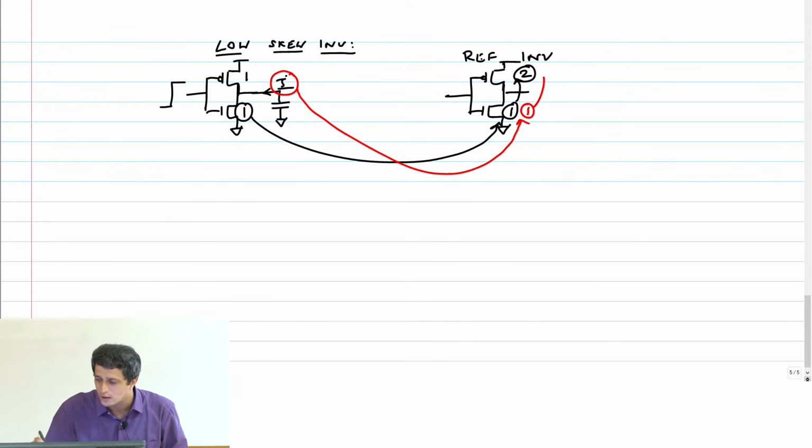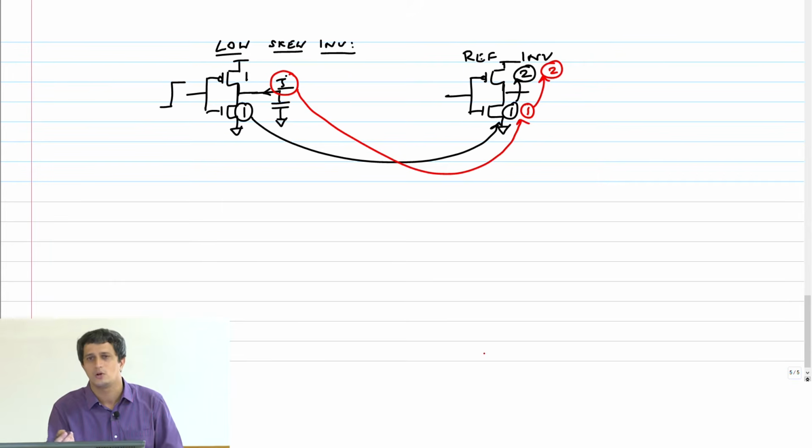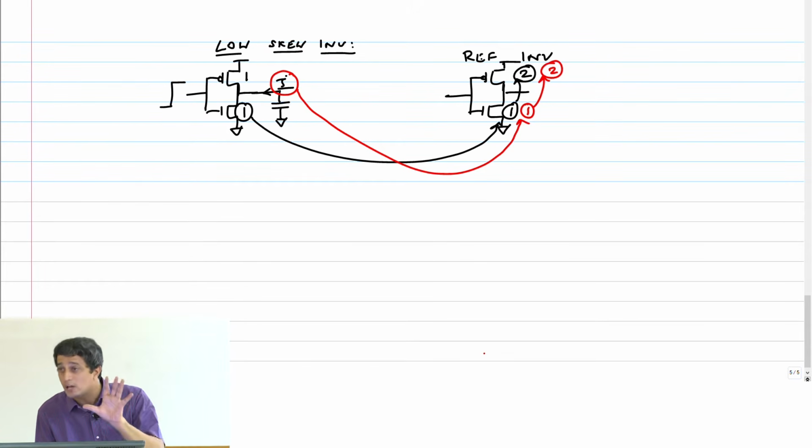And then you say that this is 2. Then the logical effort is basically just 2 by 3 or something like that. So what we have been doing till now is perfectly consistent with what I am telling you now for the pseudo NMOS case, because all the current from the load went through the NMOS, or all the current from the PMOS went into the load. There was no current splitting there.